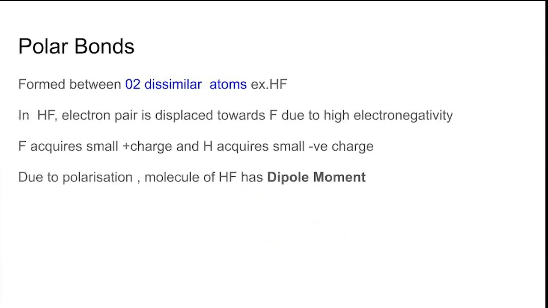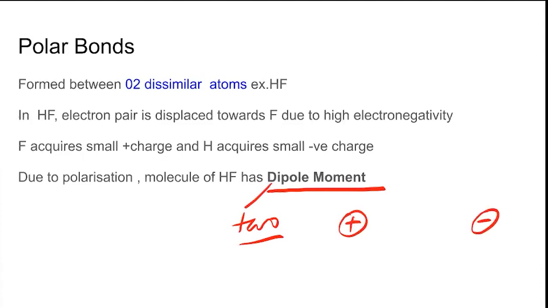I already explained, there is a term called dipole moment. Again, this is something which you have studied in the previous class 11. Charge into distance between the charges. And why is it called dipole? Because it's between two poles, positive and negative charges. Since there is a positive charge and a negative charge, you take the entire distance, say it is r, and this is plus Q and this is minus Q. What is the dipole moment?